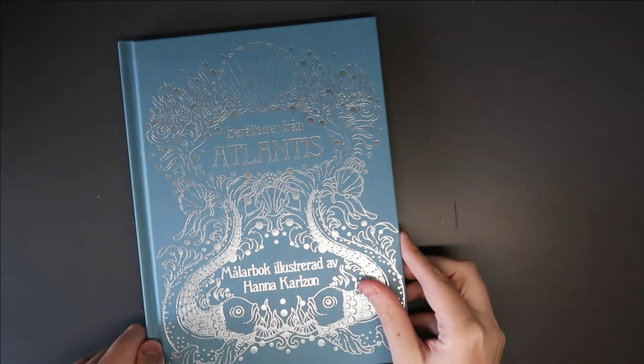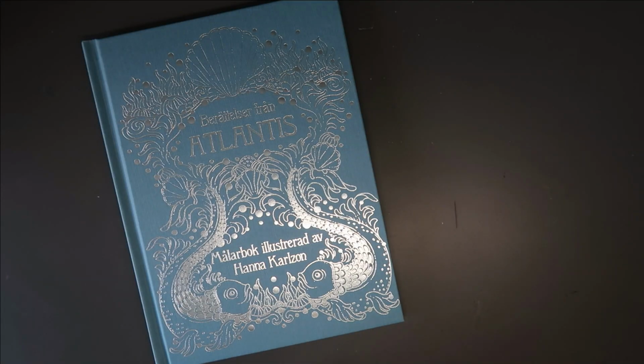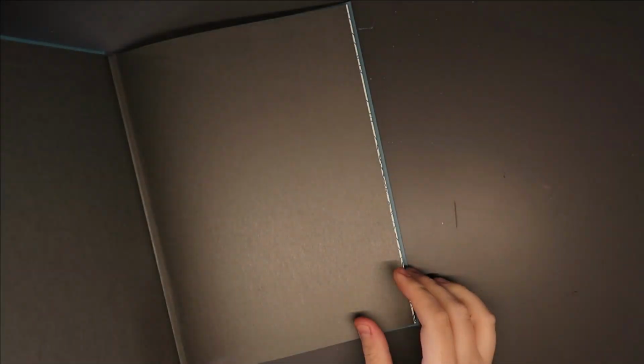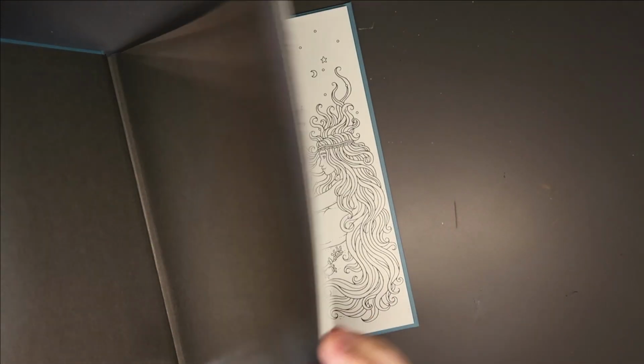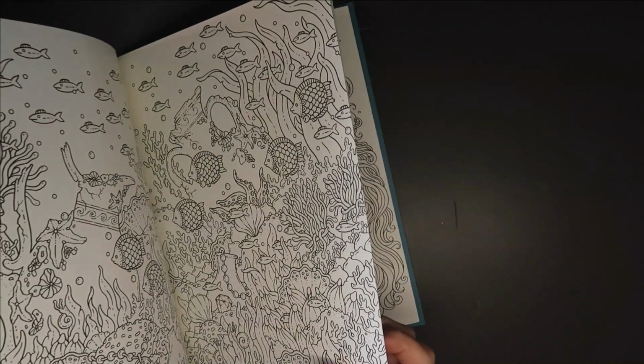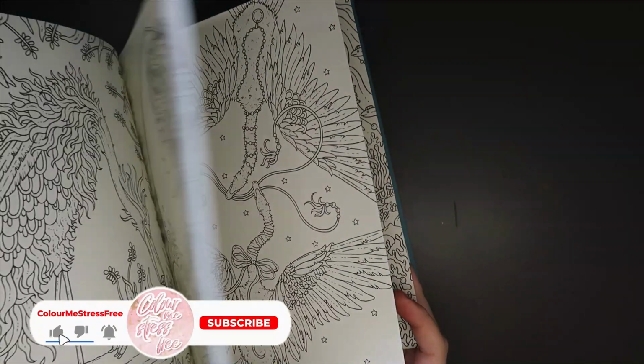Honest opinion, if I wasn't a Hanna Karlzon fanatic and wanting all the adult stuff that she makes, I probably wouldn't have bought this. If I'd have seen the flip through, which I didn't want to spoil for myself, I still would have bought it because I wanted it. I would have wanted it in my collection. There's definitely quite a few pages in here that I can see myself colouring, but